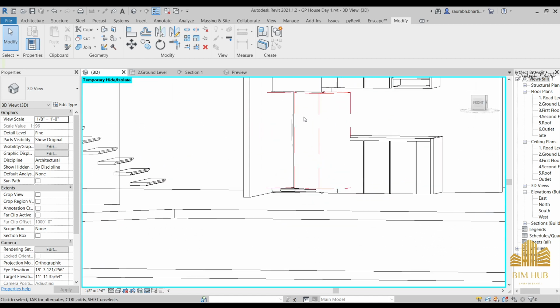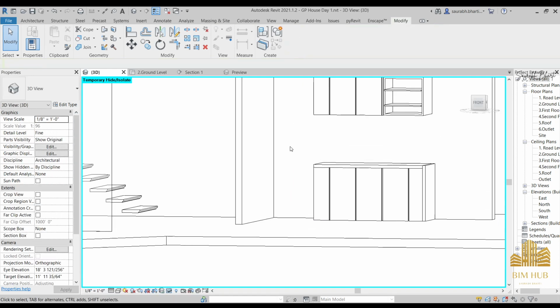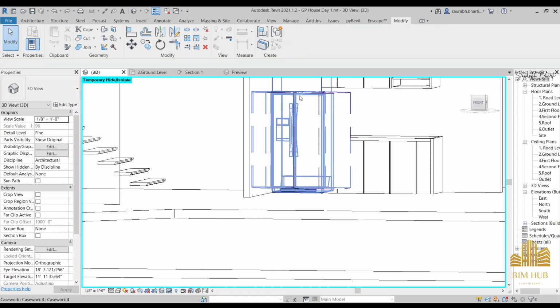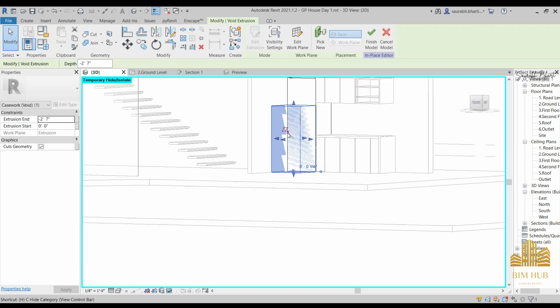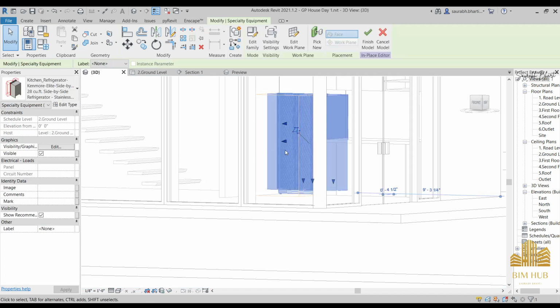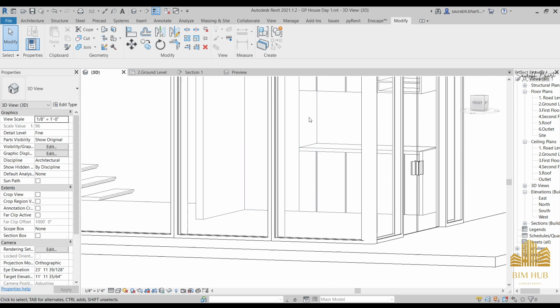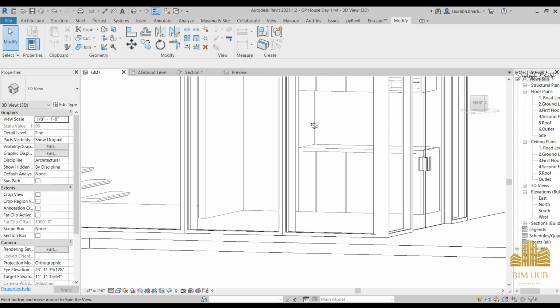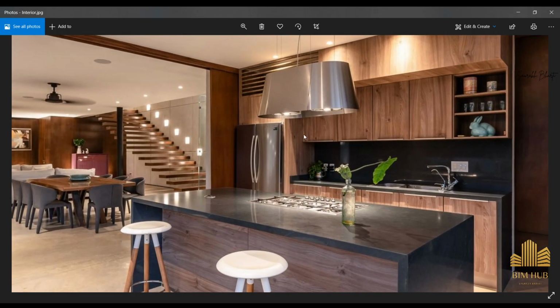And before that, if I can double S to hide it, no. Okay, let me go to edit family, select this, this is fine, and we have this generator family, just delete it, finish it. And now you can see that we have this element left over here. So that is this portion. If I can show you this wall portion,